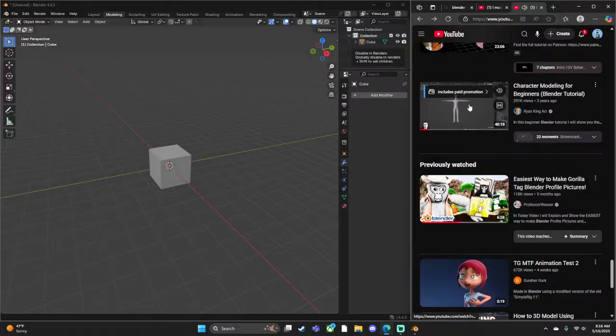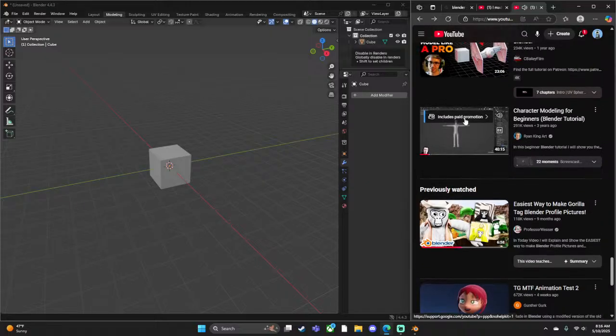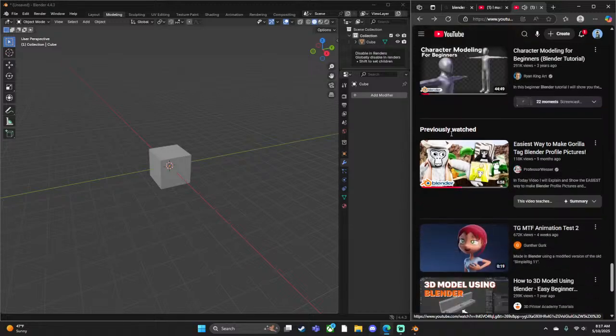To save the Blender file. Alright, so to start off, I want to model the head. So to model the head, I'm going to